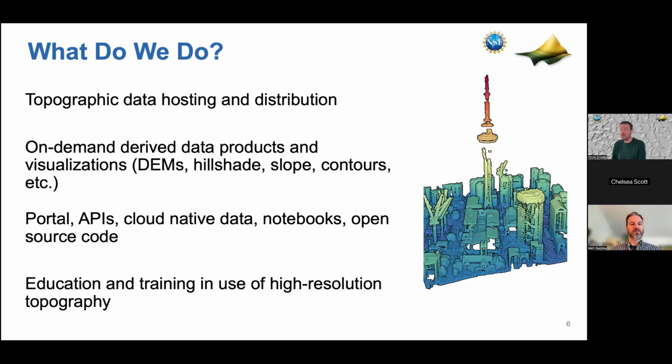We've taught something like 45 different short courses and workshops and webinars over the years on these data types and how to use them in various ways. So we have a fair amount of experience in this, and this is something that also underpins our work and is part of why we're funded by the National Science Foundation, is kind of the workforce development component.